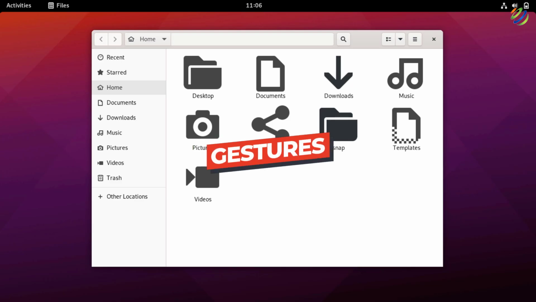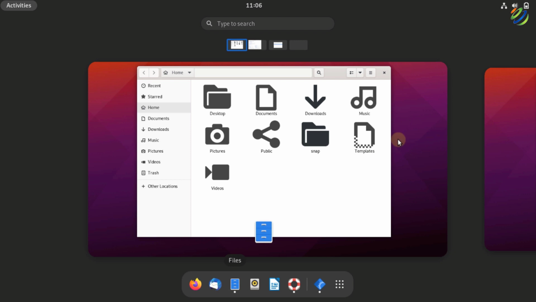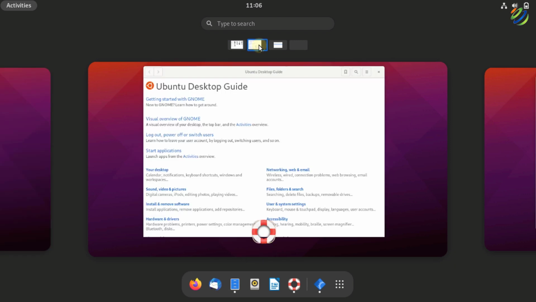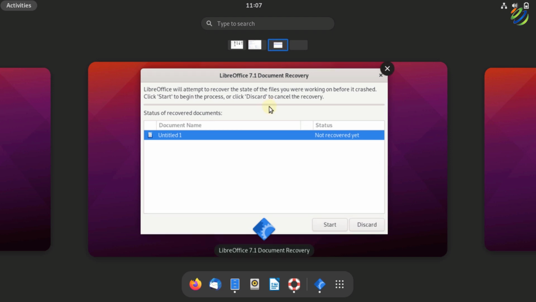In GNOME, we have finger gestures. For example, as I have multiple apps opened in my different workspaces, as you can see that I have 3 workspaces, and in these 3 workspaces I have opened 3 different apps. So what if I want to shift through my workspaces? Either I can use the mouse, or I can hold my super key and scroll my 2 fingers on my touchpad, or I can scroll my mouse on the screen.